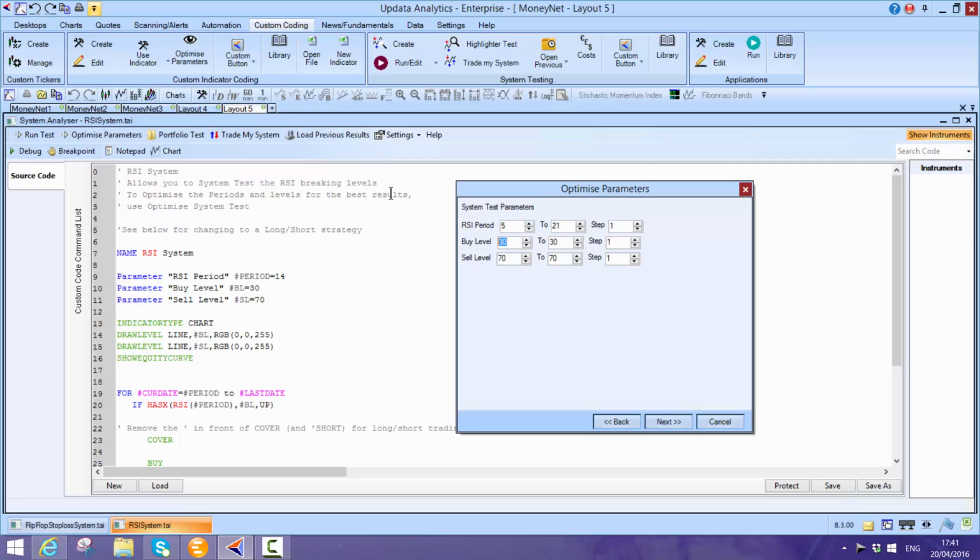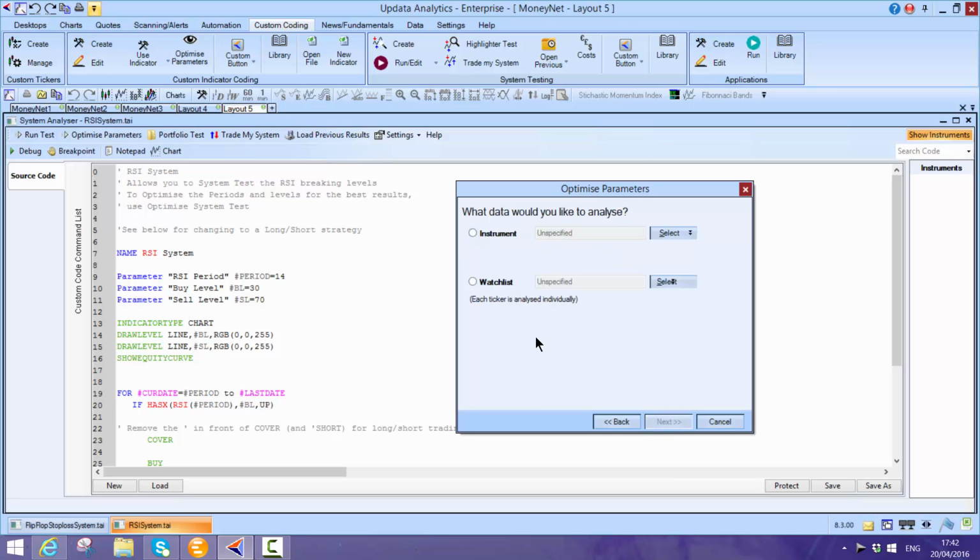Those are Fibonacci numbers, and it's said that you should use the 14-day RSI, but sometimes you might want to check that. And because I'm not convinced that 30 is the level that I should be using, I'm going to set my levels just 10 either side of that. So I'm going to test 20, 30, 40, and 60, 70, 80,